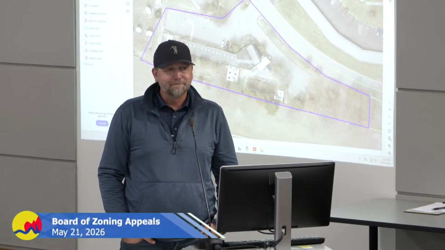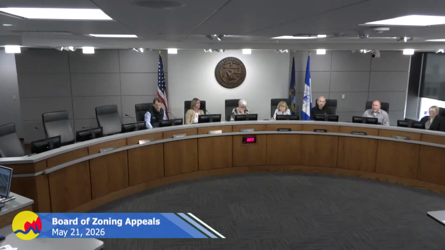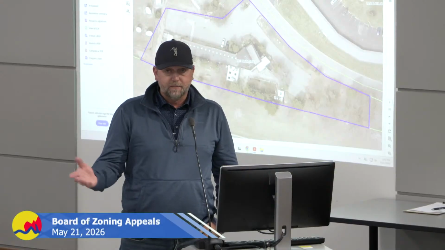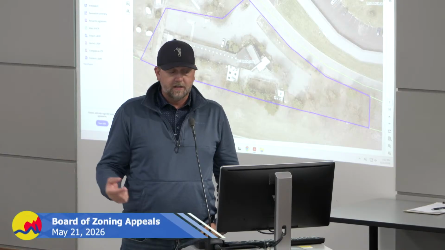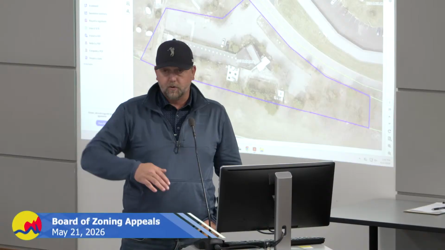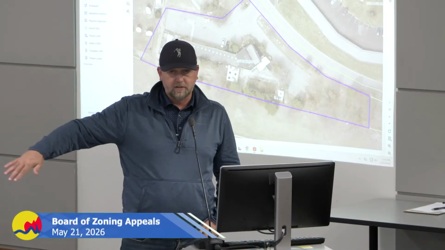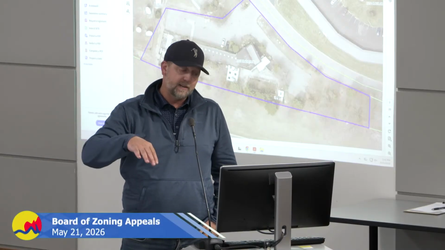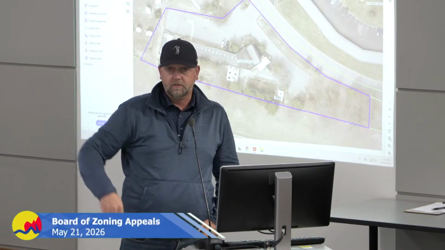Understood. Can you give me a little more background to the easement that's on the property? I don't know that much about it. From what I understand, it's just a public utility easement. And I didn't think there was much under it, just that gas line going across the road and then just some fiber going across the road again. So I don't think there's anything going the length of the property. It's just kind of by the entry of the property, it's going across the road, as far as I understand it.